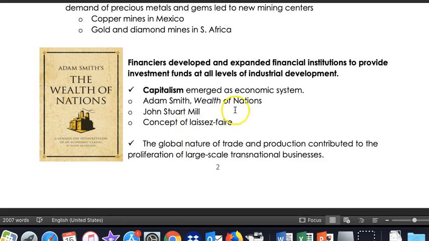Adam Smith is the most famous of the founding thinkers of capitalist theory. He wrote Wealth of Nations, and quotes about capitalism are almost always on the AP exams, so do understand it's a new economic theory that is supporting the individual ownership and support of industrial development. And the concept of laissez-faire, which means hands-off, that government is going to keep its hands off the business dealings of new industry and a new industrialization.